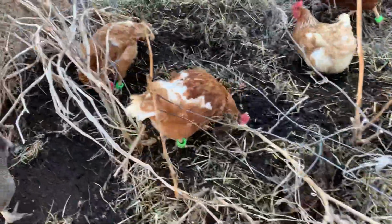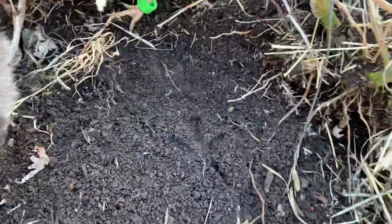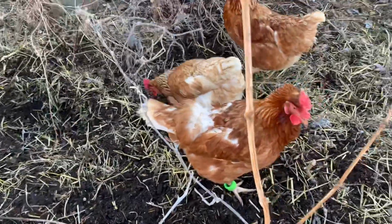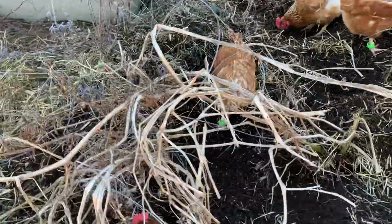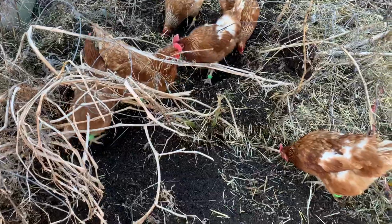It is a very symbiotic relationship between the animals, which provide the fertilizer, and that nice dark soil, which will soon be filled with worms. Any worms right now are doing their best to hide from the chickens, but worms are a good thing in the garden. And we'll let these guys have their way with the garden for probably a good month or so before we throw them back into their area. But for right now, we're letting them work their magic, and they are some of the best farm workers we have. Or I should say,